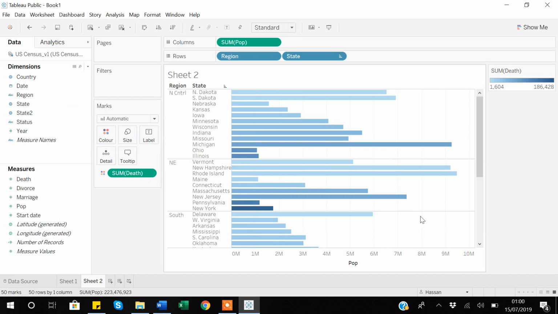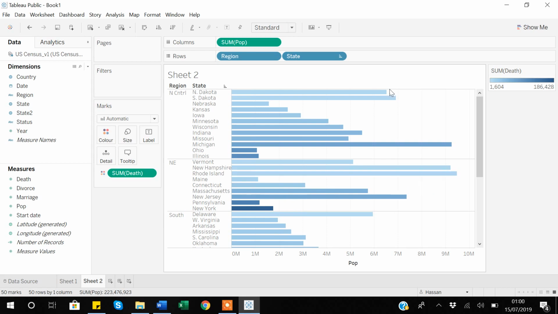So now you can see that as the blue color is getting brighter, the deaths are increasing. In these states, for each region, it's sorted from lowest death to highest death. Even from the labels you can see in Ohio the deaths were 9826, but at the maximum it was 102,230. In the same way each region is sorted based on the deaths,